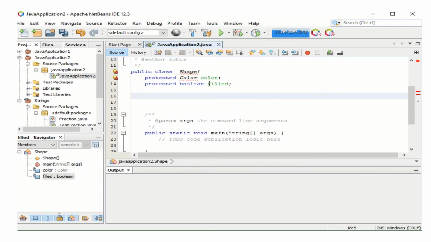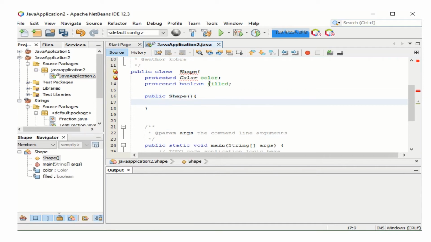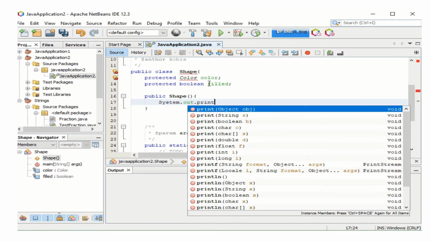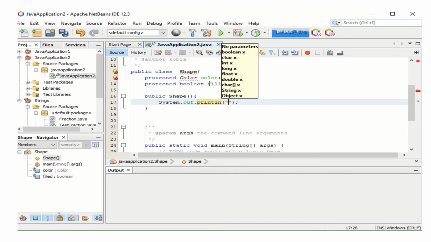It has some constructors, public shape, system.out.println running shape constructor,